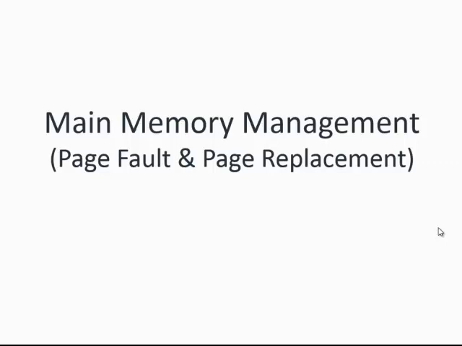In demand paging, we discussed that instead of loading all pages of a process, we load only those pages which are demanded by the CPU. This is called demand paging. We basically load only those pages from the secondary storage to primary storage which are demanded by the CPU. In this way, we can use the main memory in a better way.